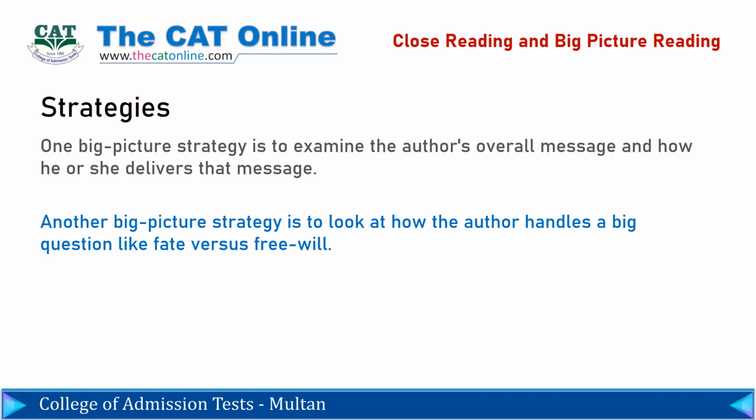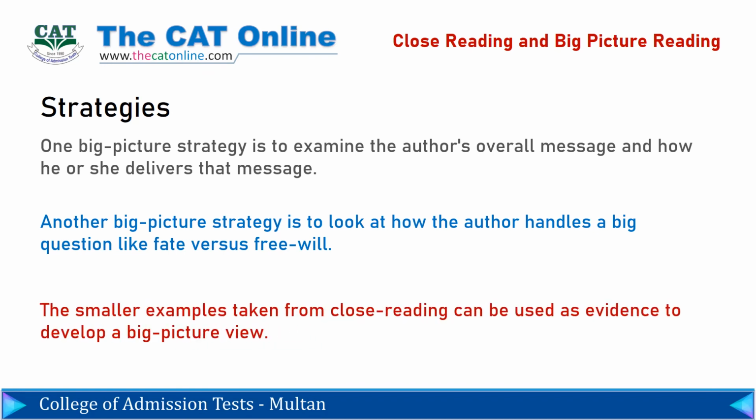Shakespeare makes many references to fate throughout Romeo and Juliet. Mentions of stars, fate, and bad omens contribute to a larger approach on the part of the playwright. In this way, the smaller examples taken from close reading can be used as evidence to develop a big picture view. For example,